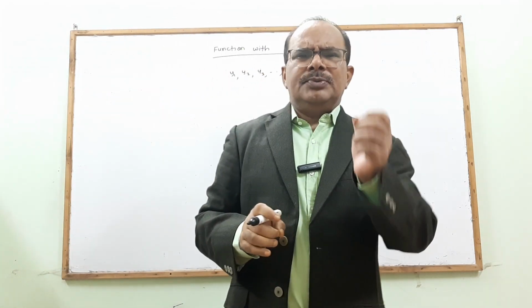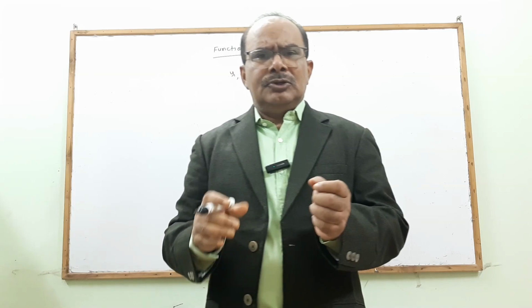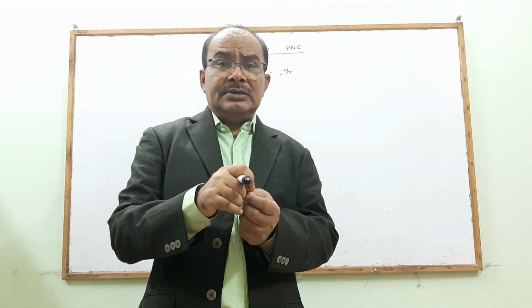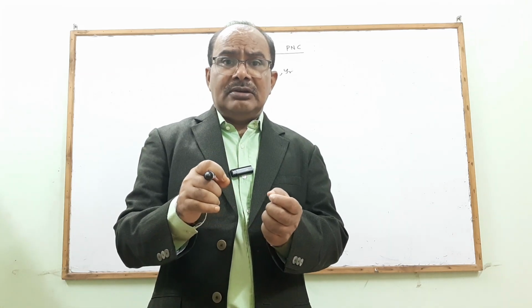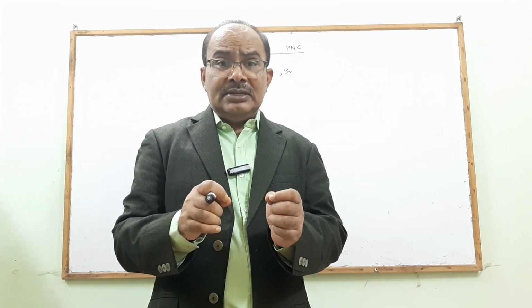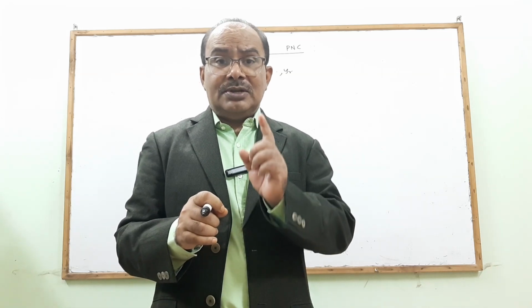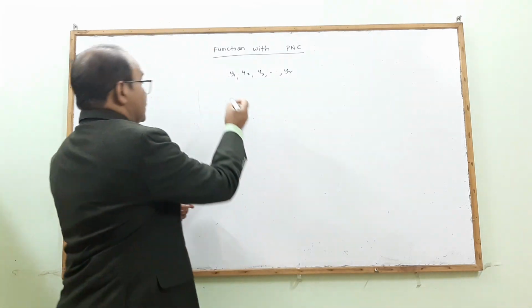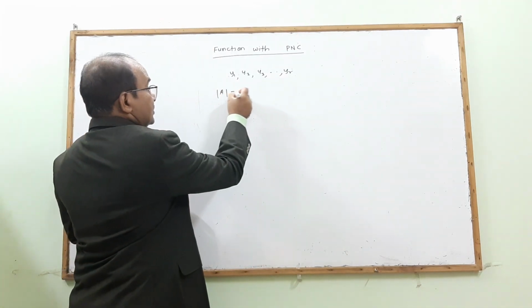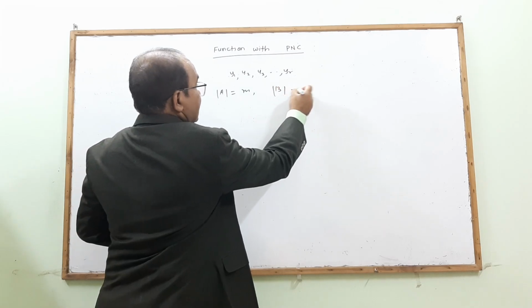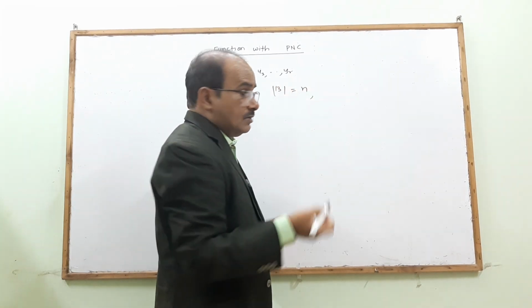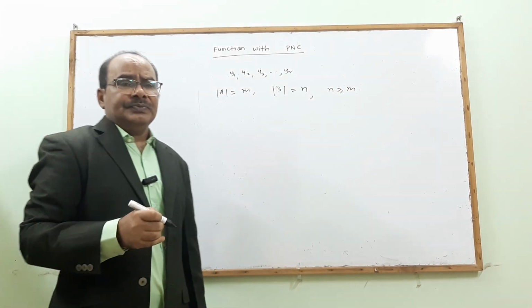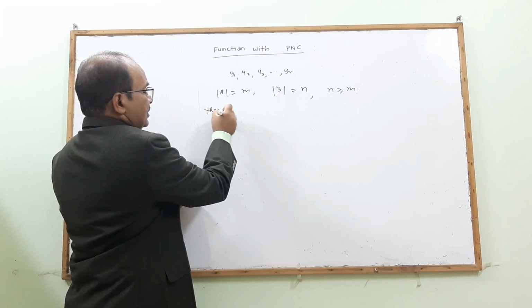Means if we have to make functions for strictly increasing or for strictly decreasing, they must be 1-1. The first condition is they must be 1-1. If A has m elements and B has n elements, and one required condition is n should be greater than or equal to m, then the number of